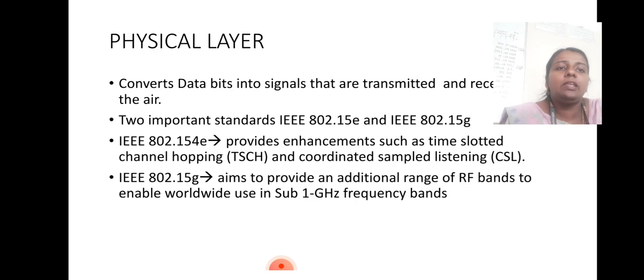So first is the physical layer. The physical layer will be capable of converting the data signals, and they will be transmitted or received through air. Here we are considering two important standards. One is IEEE 802.15.4e and IEEE 802.15.4g. For E, it provides enhancements such as time slotted channel hopping and coordinated sample listening. And for G, it aims to provide an additional range of RF bands to enable the use of sub 1